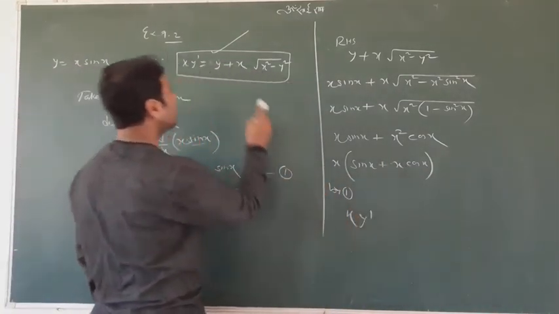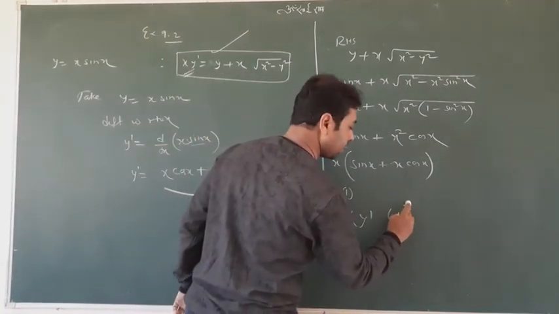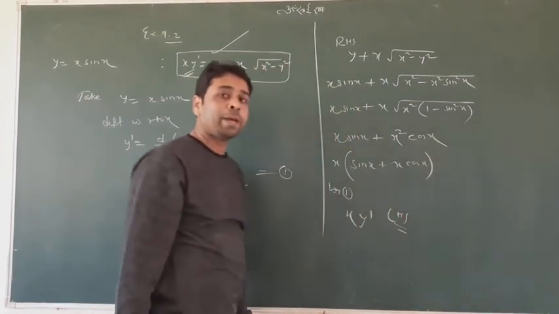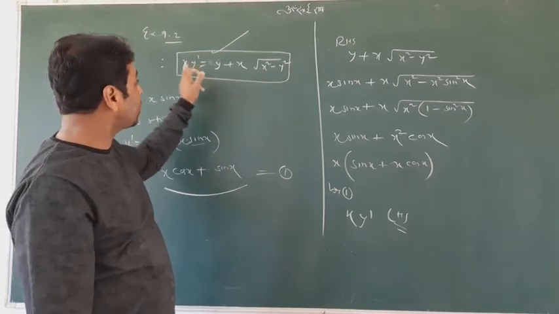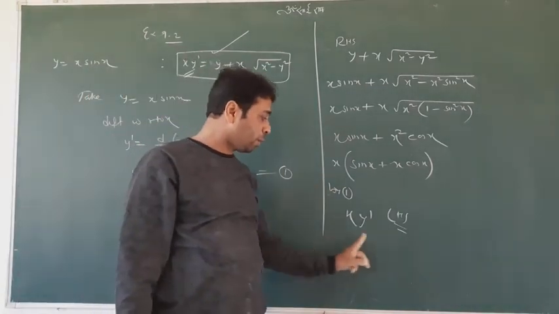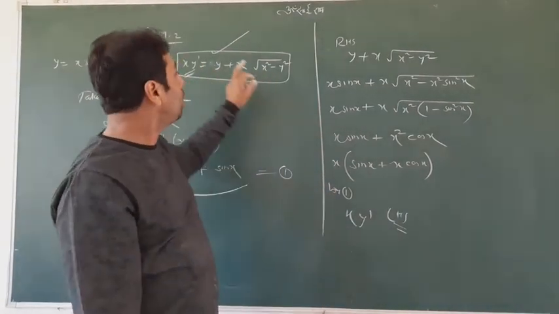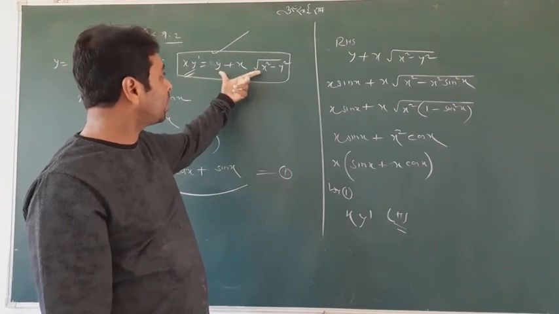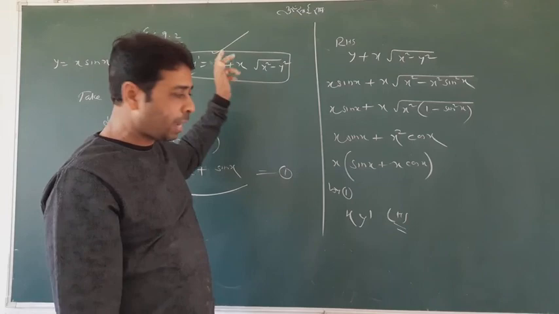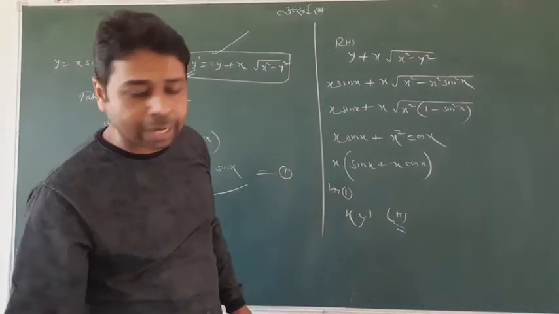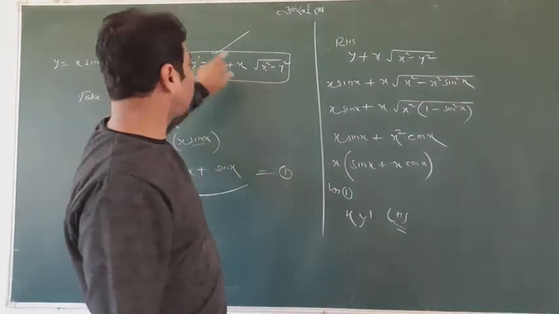What have we got? LHS. Let me say that at this instant, if you are not getting your whole requirement, you take the left hand side and get the right hand side. This is the way. If you got the left hand side, I took the biggest portion, the right hand side, and I got the left hand side, which was the smallest one. That is the method by which you can write that this is the solution of this differential equation.